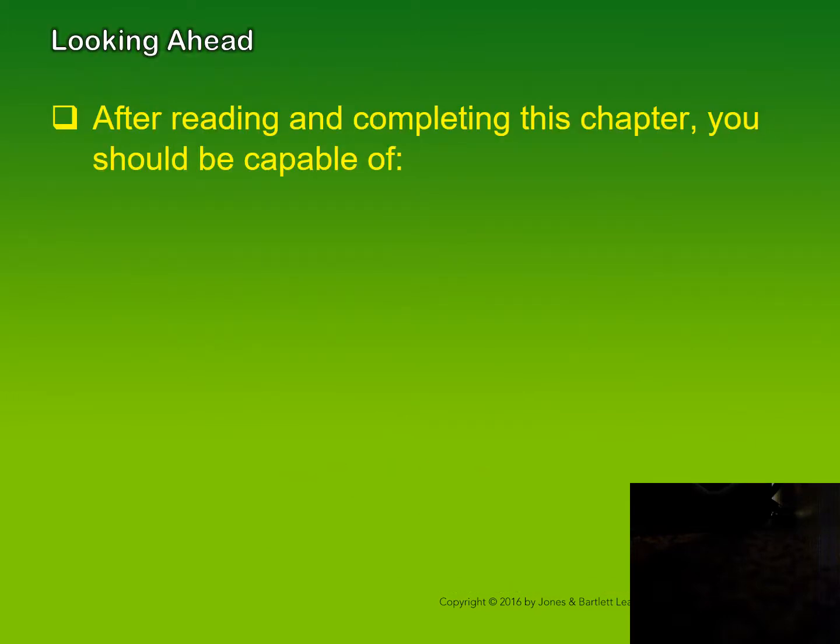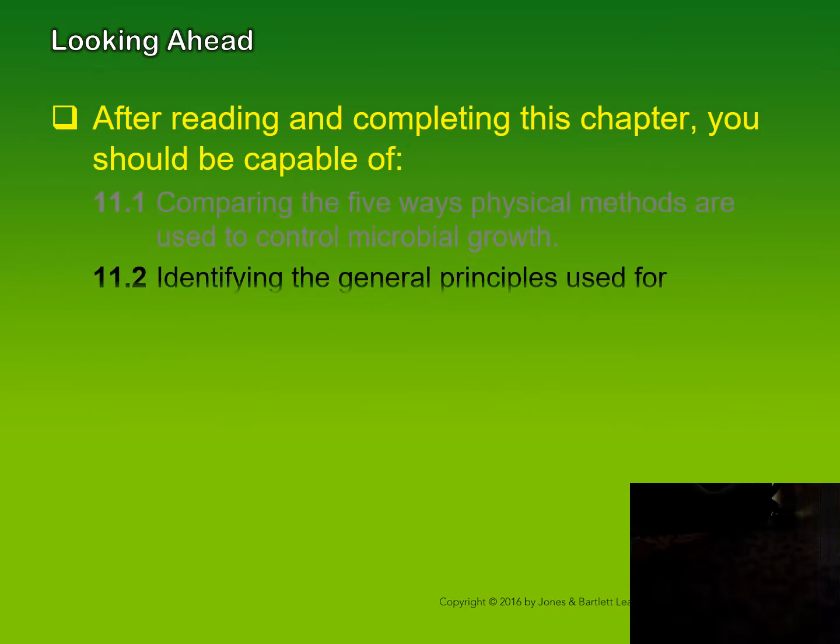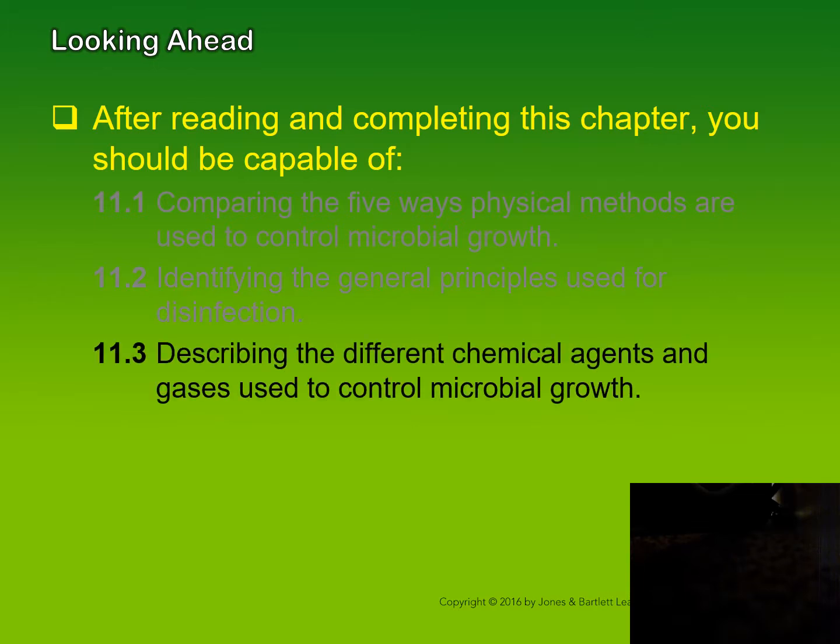Okay, so after reading this chapter, you should be able to compare the 5 physical methods used to control microbial growth, identify the general principle used in disinfection, describe the different chemical agents and gases used to control microbial growth,